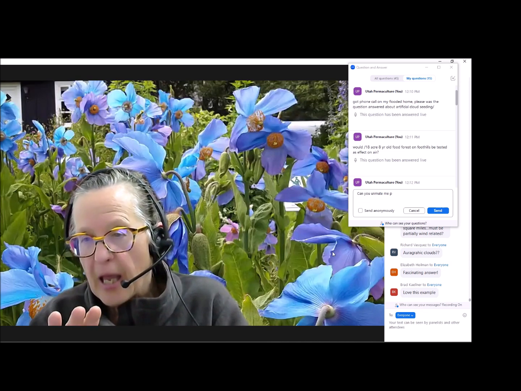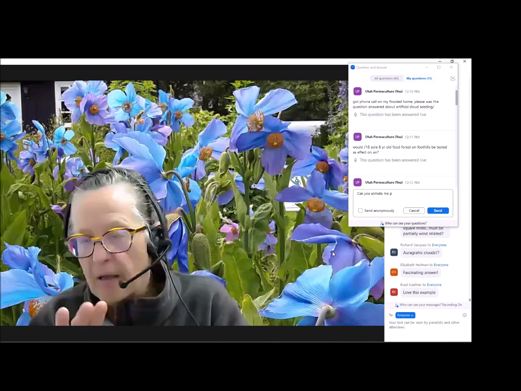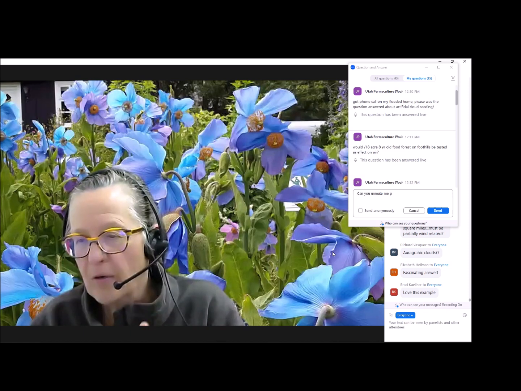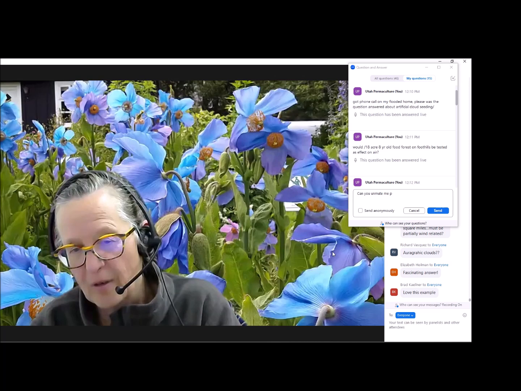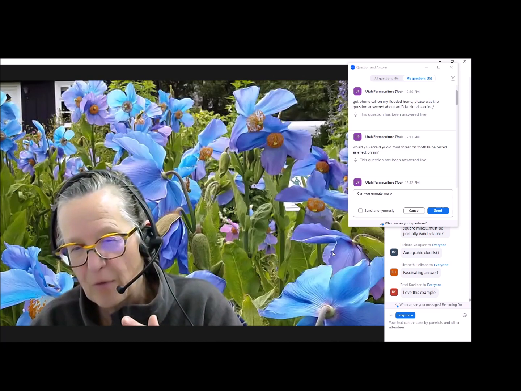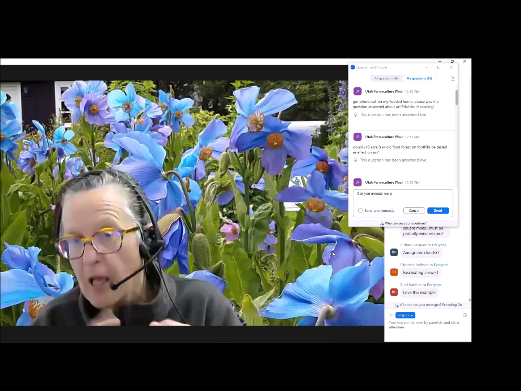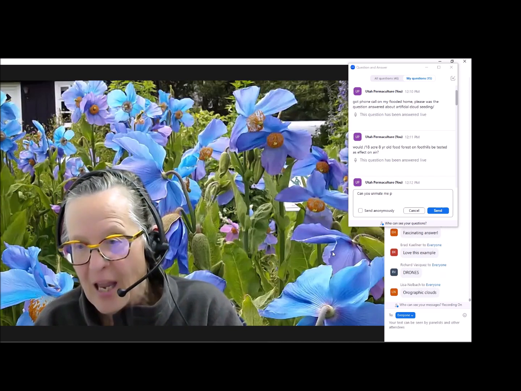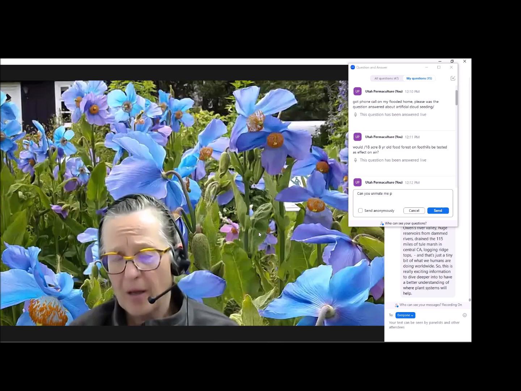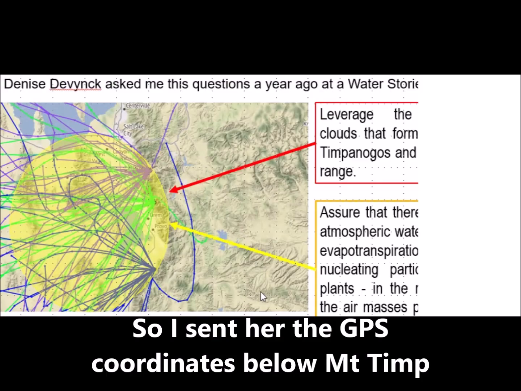And then if you have a physicist there, well, I don't know what you can measure. It'd be really nice to capture things in the atmosphere. There are ways to measure ice nuclei in the atmosphere, but you could measure water vapor. There are ways apparently with cell phones to measure water vapor in the atmosphere. Send me a GPS point, and